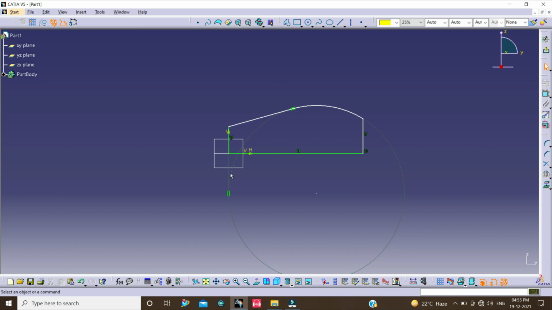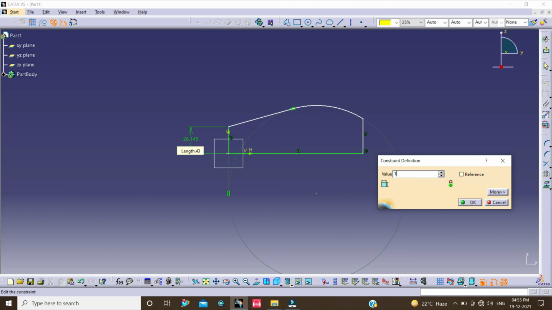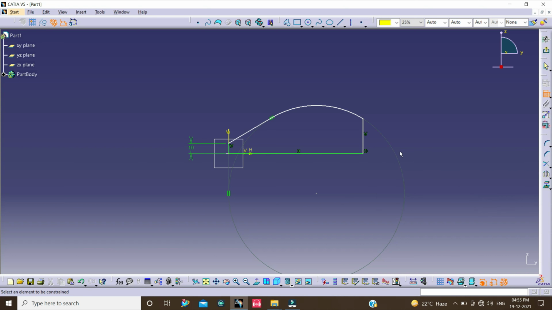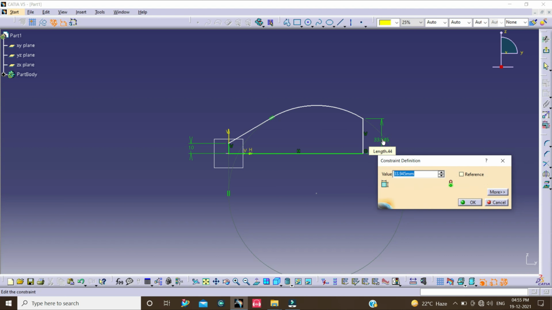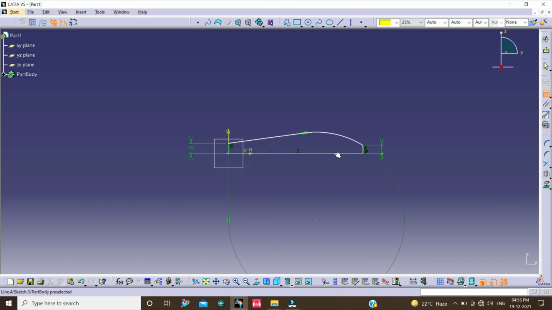Now constrain this drawing fully. So double click on Constraint and select this vertical line and change this dimension to 10 mm and click on OK. Again select this vertical line and change this dimension to 8 mm and click on OK.